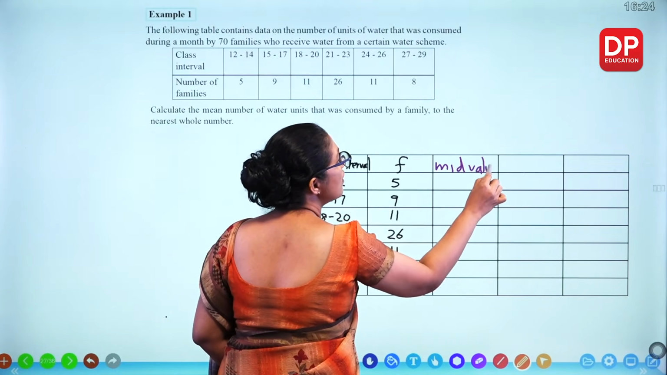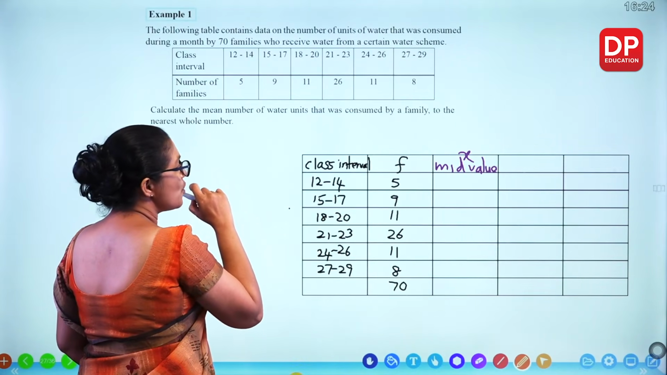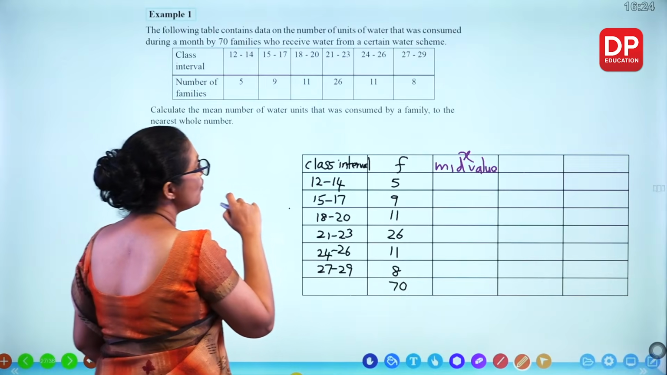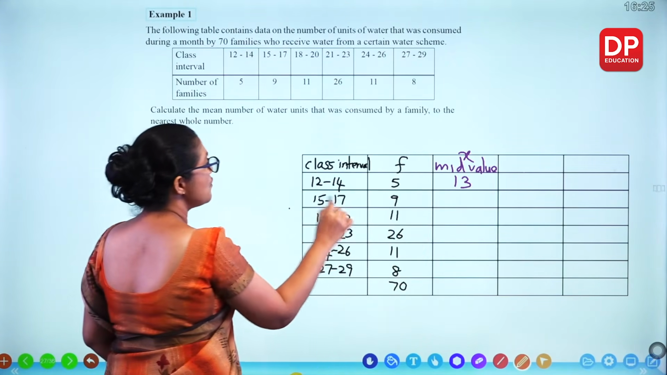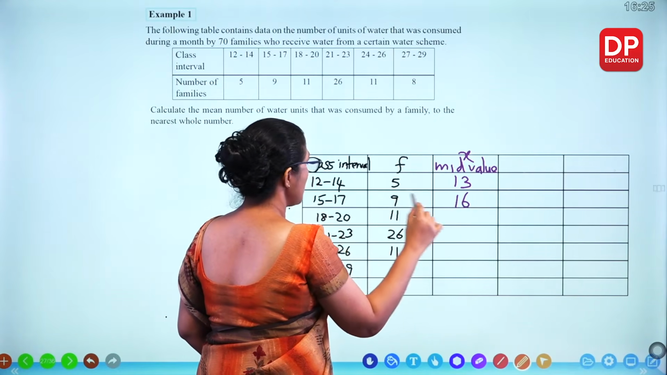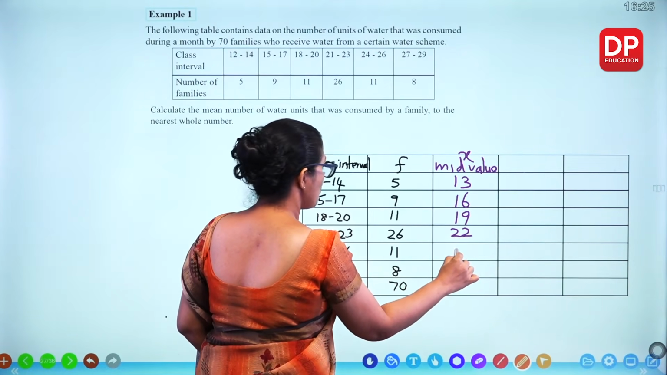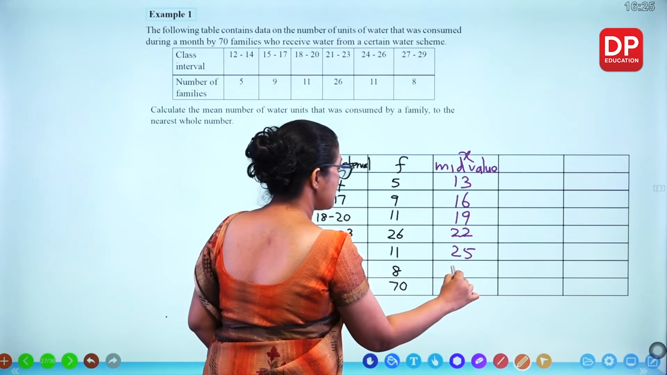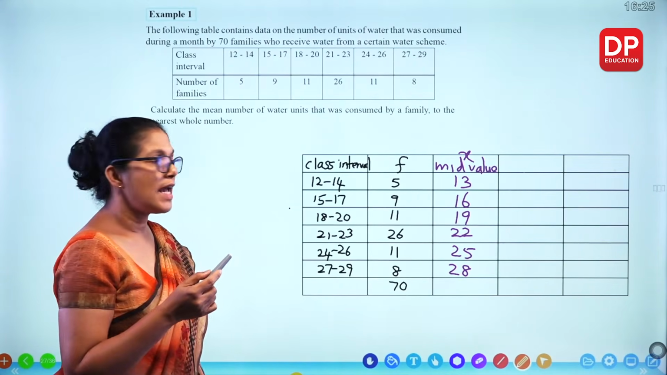That's your x value. 12 plus 14 divided by 2, you get 13. 15 plus 7 divided by 2, 16. 18 plus 20 divided by 2, 19. 22, 25, 28. Those are the class marks. And then you have to take